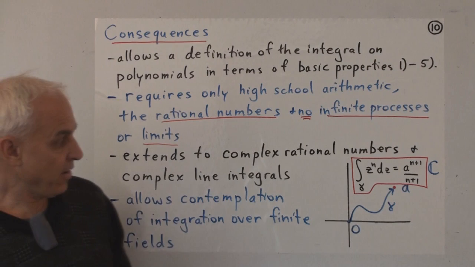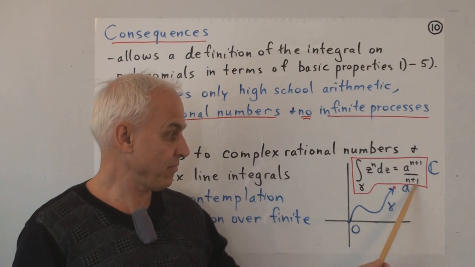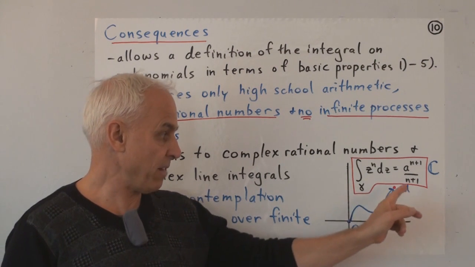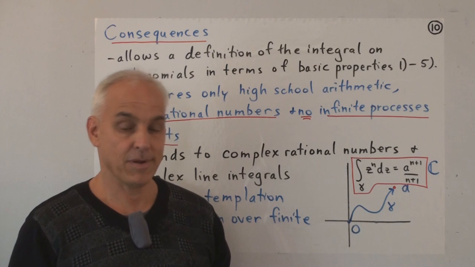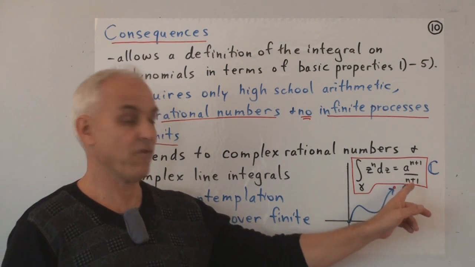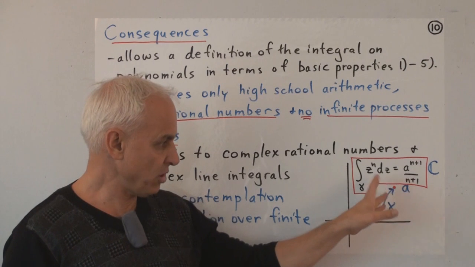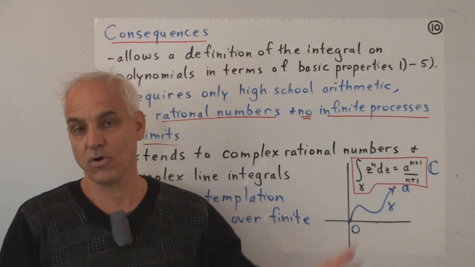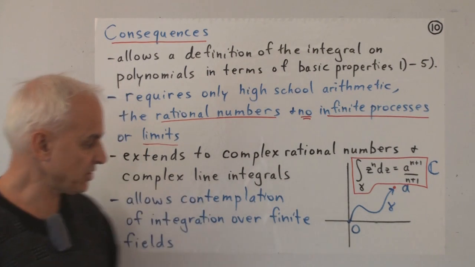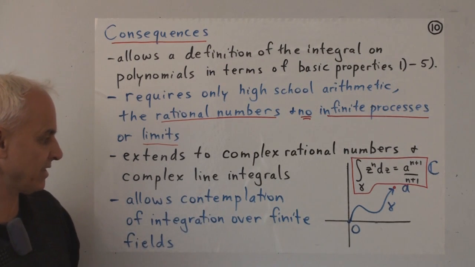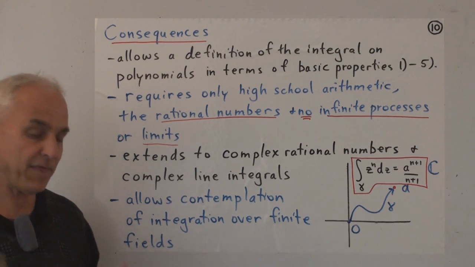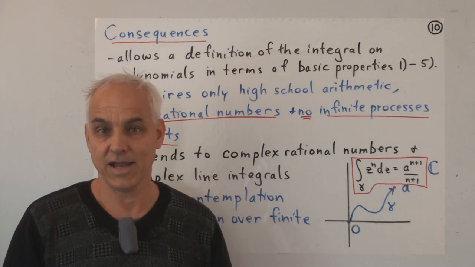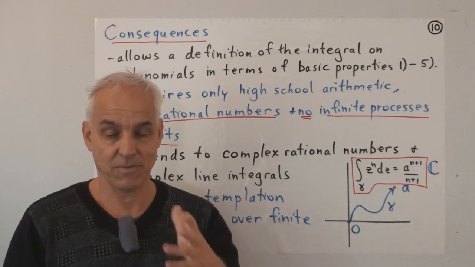Although we have to be a little bit careful. With finite fields, say a prime field, we have to worry a little bit about what might happen if this denominator is 0. So if we're working over a prime p, then if n is equal to p minus 1, there's going to be a 1 over p here, and that's like 0. So there are going to be some exceptions that occur in the finite field that don't occur over the rational numbers. In any case, it's an interesting challenge to think about what it means to do calculus over finite fields. I think that's going to be an interesting direction for calculus in the next century or so. So some of you can start thinking about that.